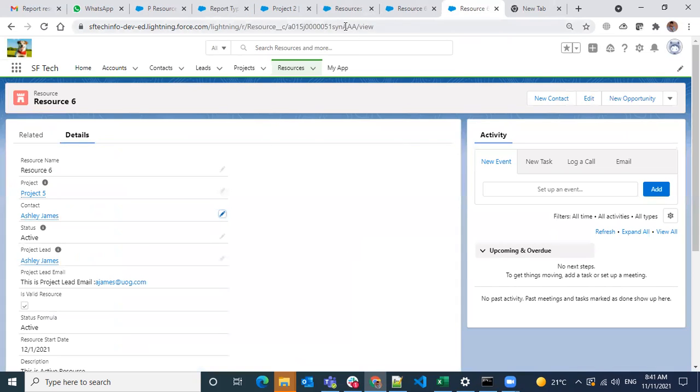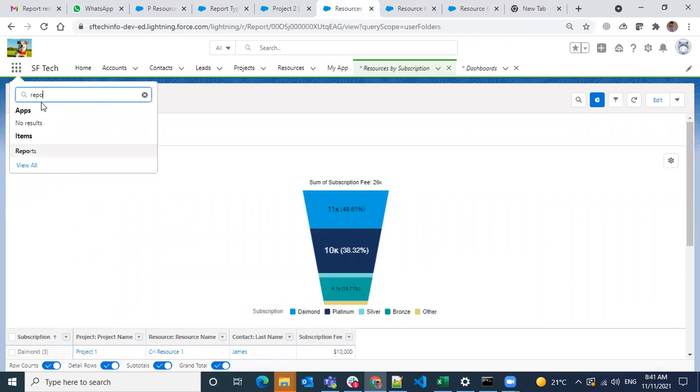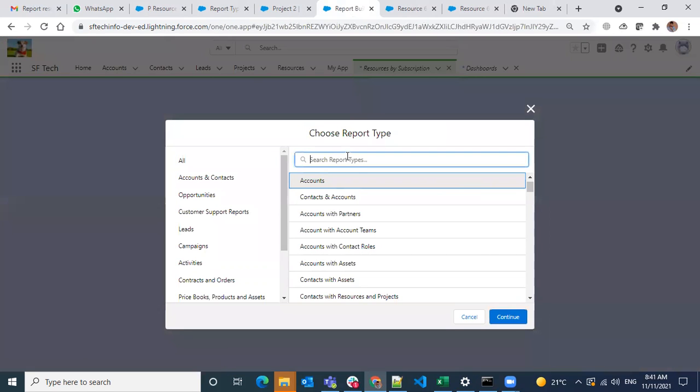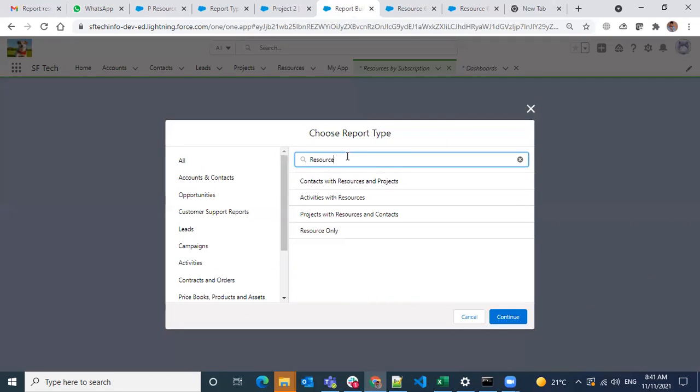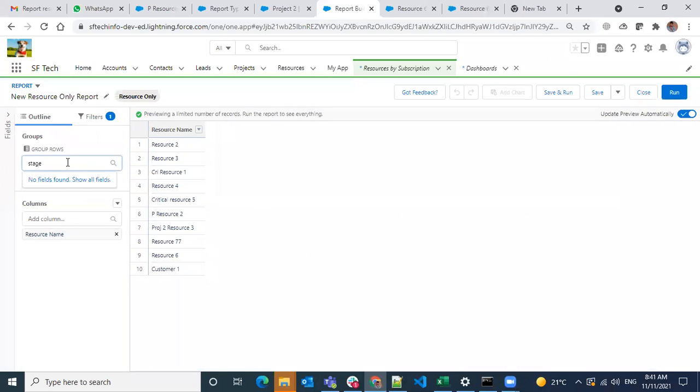Now I'm going to add a new report here. Resource, I'm going to select this resource only. Continue. Here I want to group by status.